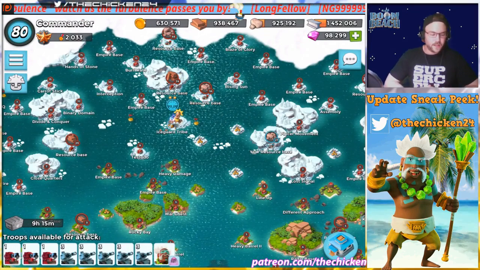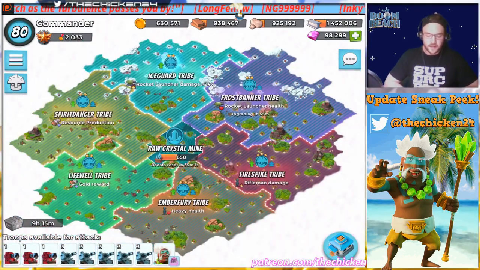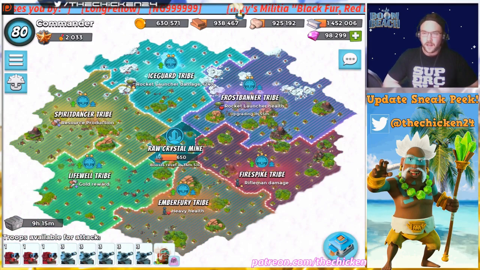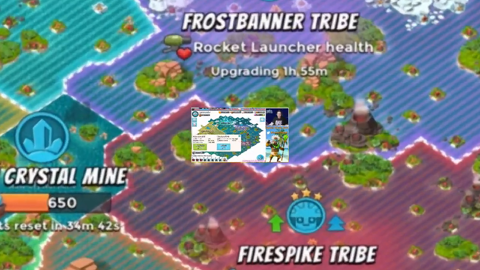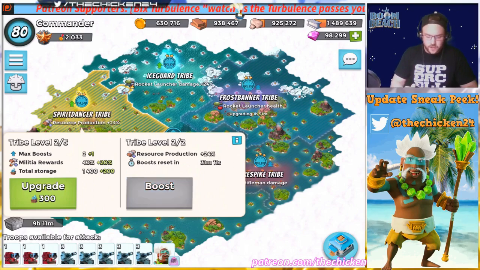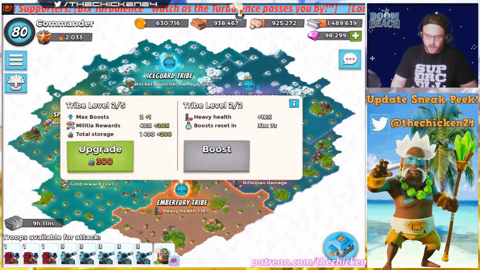So yeah, the stones and intel are going to be the same. The sectors have specialized zones for each of their boosts. So you see right here, the Ice Guard Tribe is going to be like defensive stuff. The Fire Spike Tribe, Magma Crystals, is going to be like your troop stuff, and the Life Well Tribe is going to be like your resource production, like similar to green statues, red statues, and blue statues. So the way the boost works, guys, is you can boost up each sector as much as you want. So you can actually boost all of them if you have enough